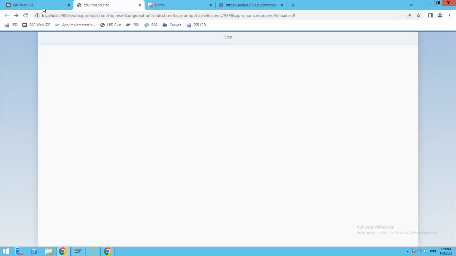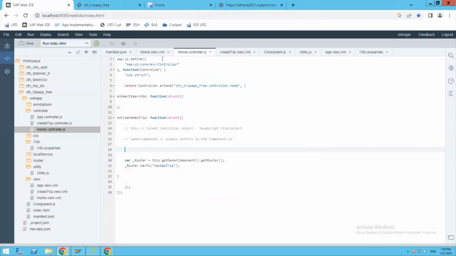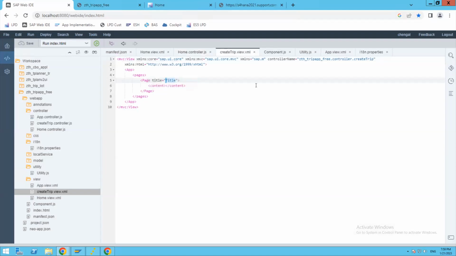That's fine. So now let me go into the create trip view, and let me rename this one,